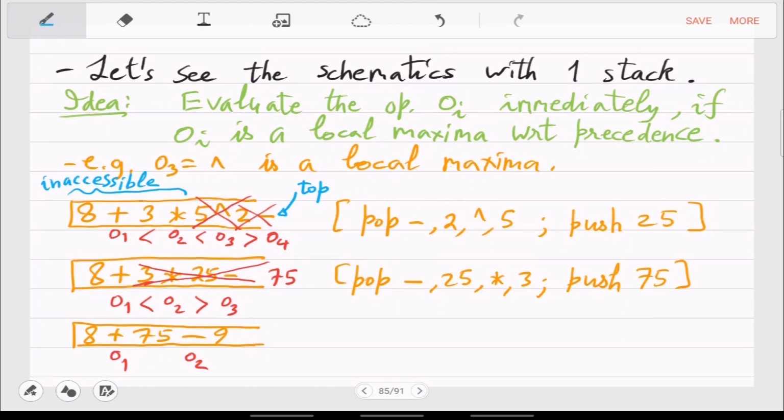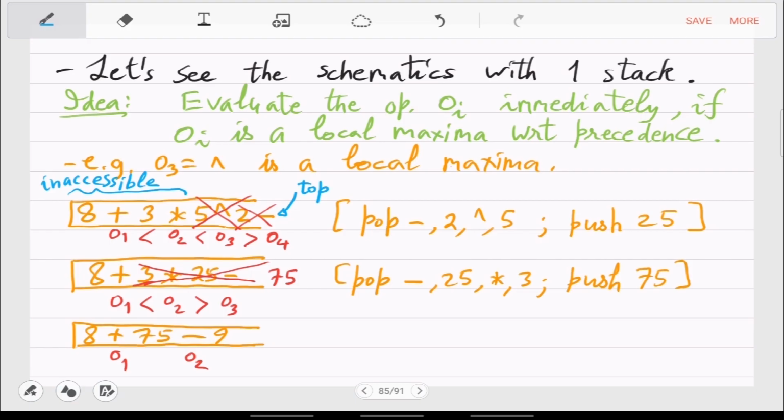So the inaccessible part is what you are saying is n. We anyway won't be able to see that. We can only see the top. So from the top there are only 3, 4 elements that you need to either push or pop and make the decision whether it's a local maxima.